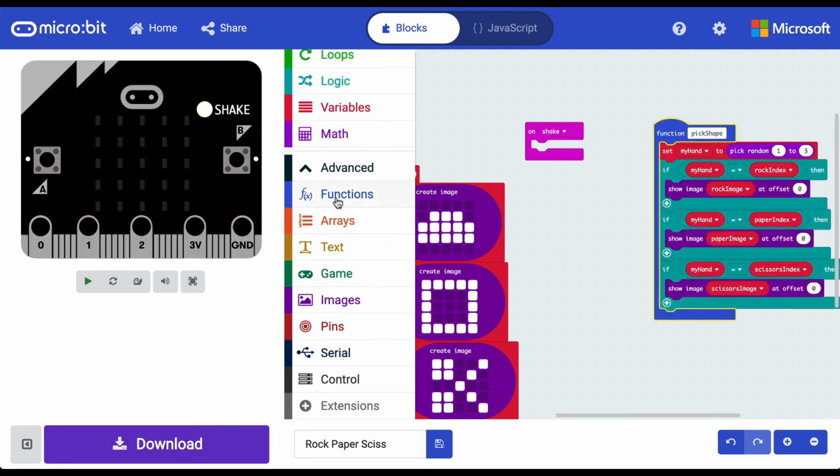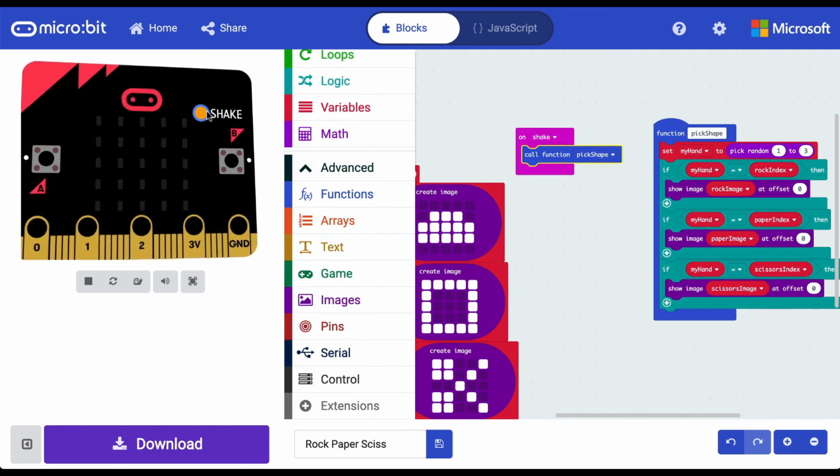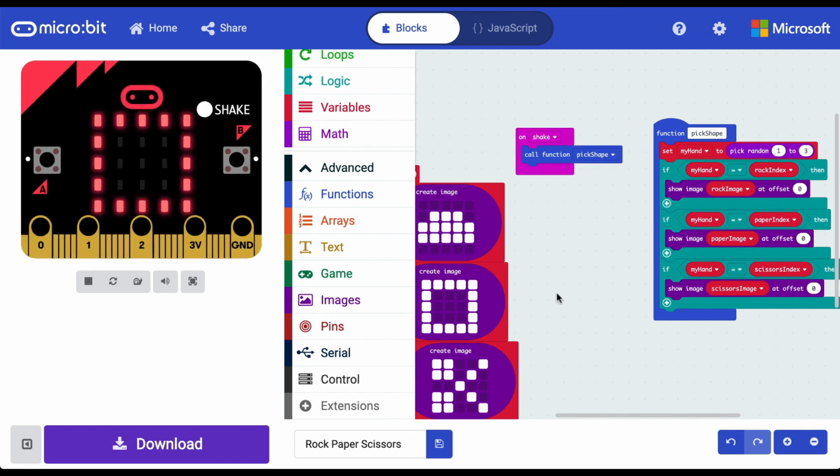And the last thing we want to do is head back over to our functions and we want to call it. So all I've done essentially is just group all of that code that we just did, and I've given it a name, and I've said, when we call it, we're going to pick a shape. And that's exactly what this function does. So if I go ahead and press the shake button, the exact same thing will happen. There's our rock, there's our scissors, and if I press it often enough, our paper will come back up as well. There it is. The last thing we want to do is right click and format our